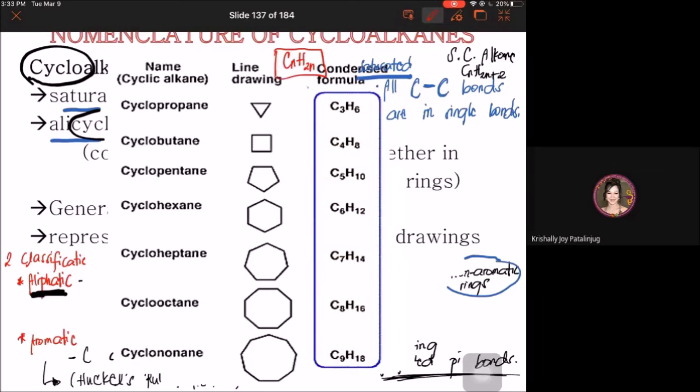Syempre, yung simplest cycloalkane is it consists of 3 carbons sa iyang cyclic structure. Kasi kapag dalawa lang, di man ka maka-form ana og cyclic structure. Kung duha lang ka carbon, dili gyud na siya ma-close. Dili gyud na nimo siya ma-produce og cyclic ring with just only 2